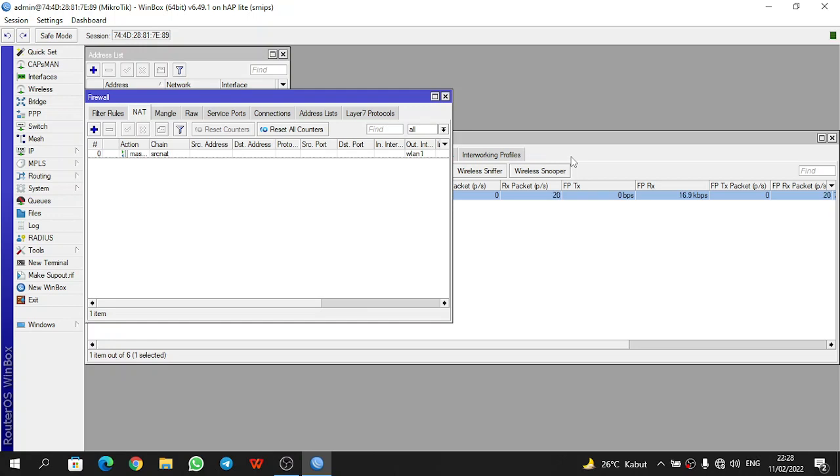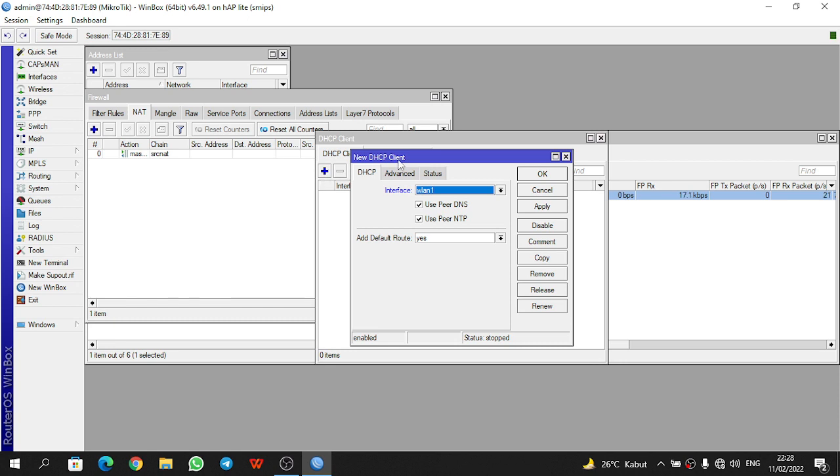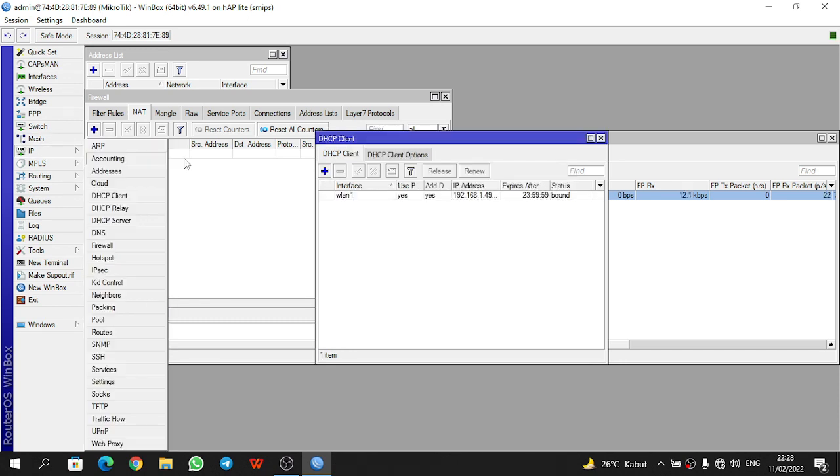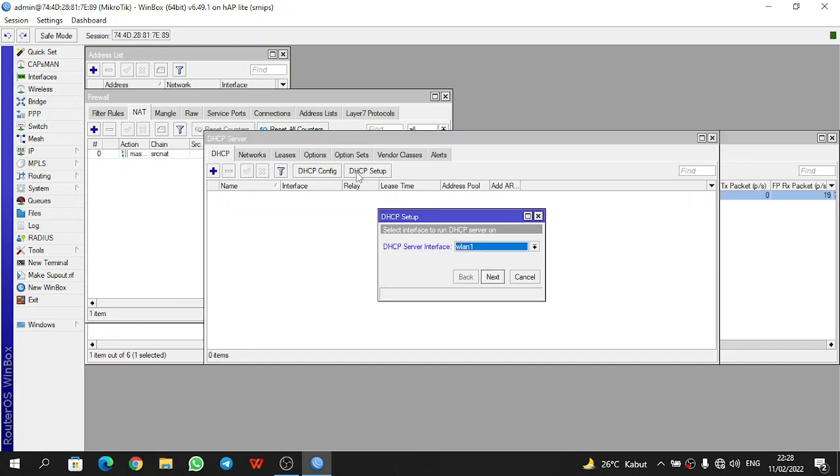The next step is to use the DHCP server on the system. We select IP and then DHCP client. In this DHCP client, select this interface and apply, OK. Then we add the DHCP server and select DHCP setup, and change the interface to Ether 2.